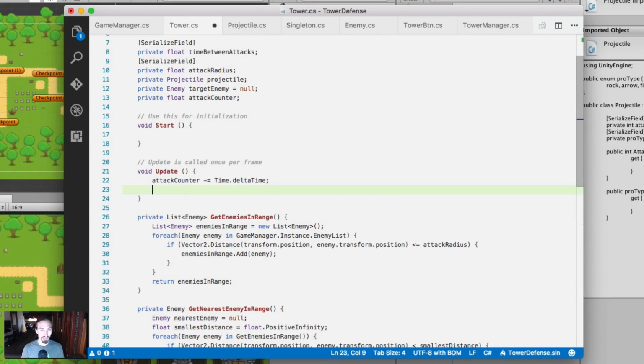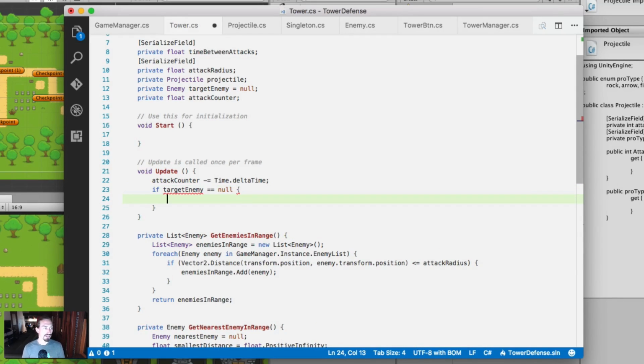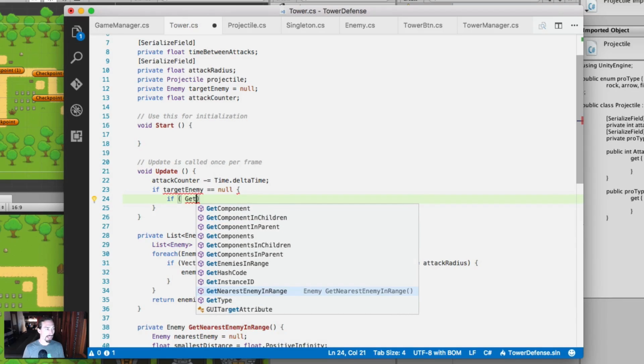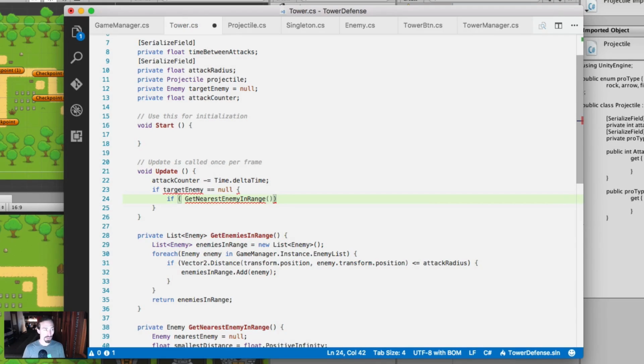All right, so we need to target an enemy so we know where to send our projectiles. So first check we need to do is if our target enemy, and that's our variable up here, is equal to null, well, we need to find a target enemy, right? So if our target enemy is equal to null, we need to see, first of all, if there's any enemies in range. And if there is, then we need to set the target enemy to the closest enemy, right? So let's do an if statement. And let's go ahead and call our GetNearestEnemyInRange method that we created. And if that is not equal to null,